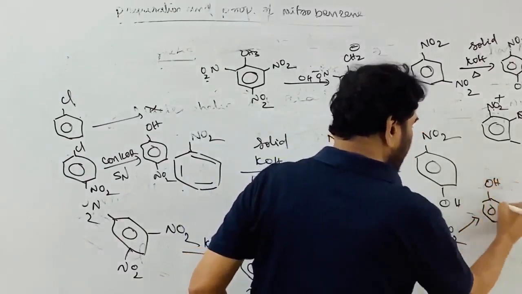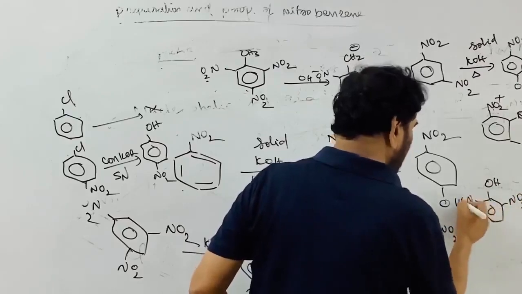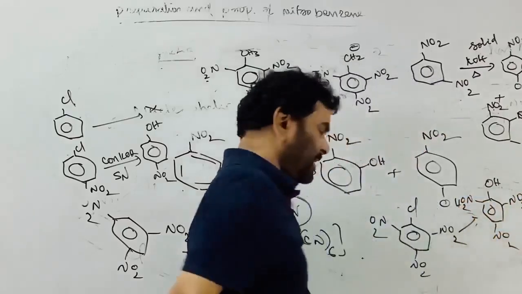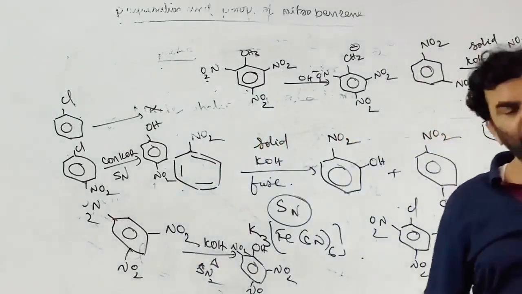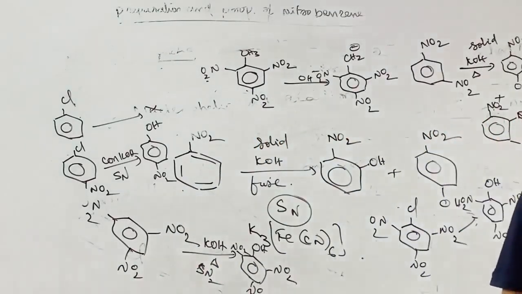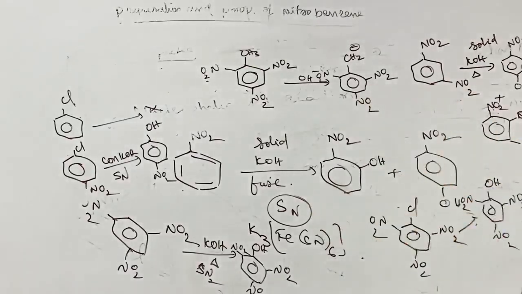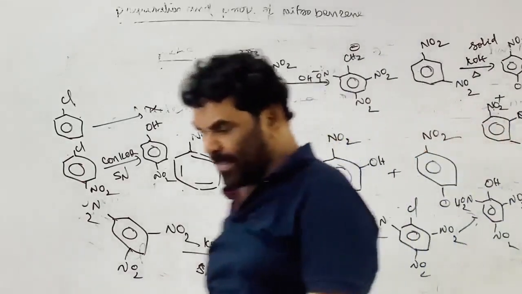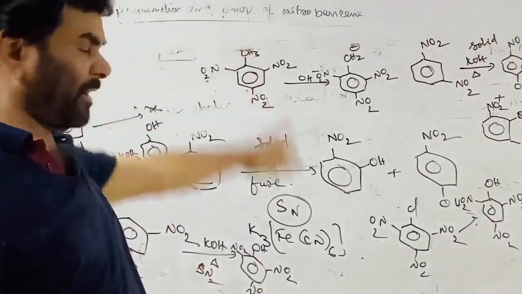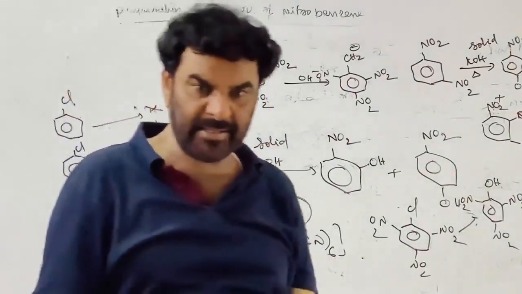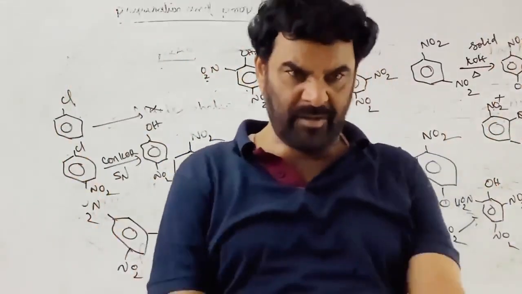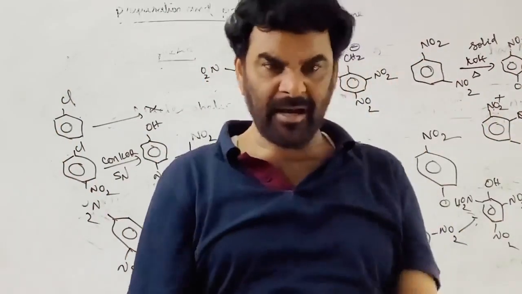it readily forms picric acid, 2,4,6-trinitrophenol. So halobenzenes take part in nucleophilic substitution reactions if the halobenzene contains nitro groups at ortho and para positions with respect to the halogen. As the number of nitro groups in the halobenzene increases, reactivity increases and it can be replaced readily. So this is how picric acid is formed. Therefore, nitrobenzene is used as a good solvent in organic reactions.